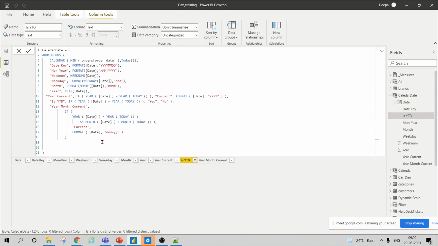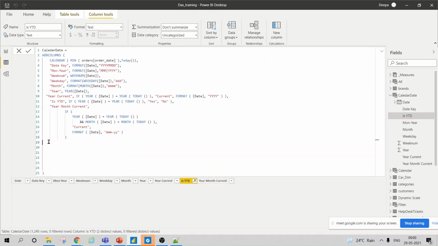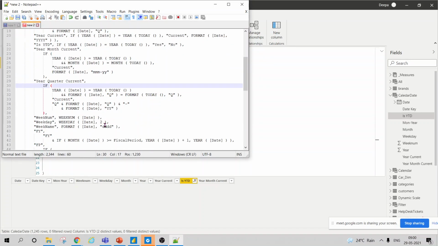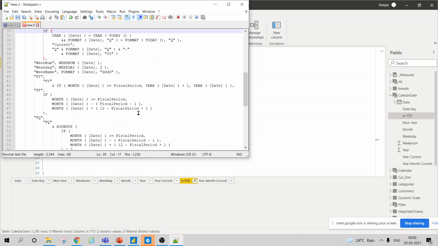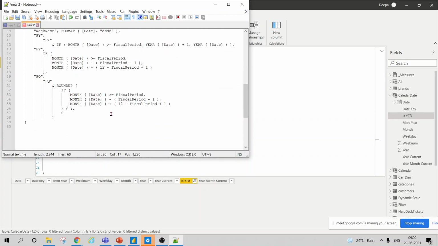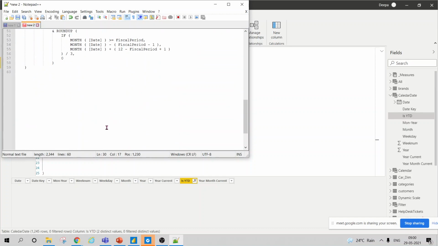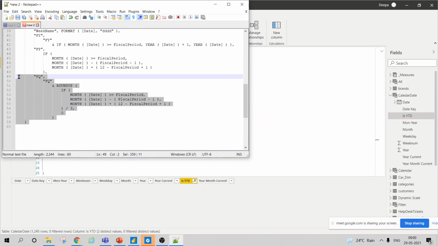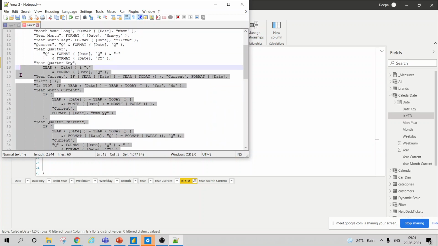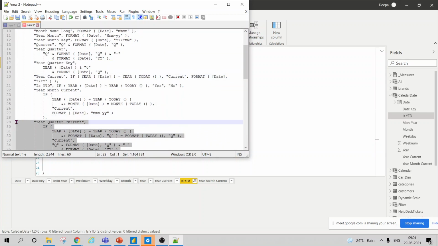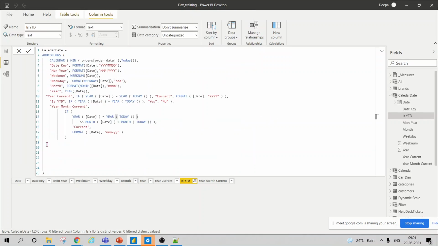Now we'll go to some more functions which are on top of what we have already learned. So you can have week number, and this one. I'll go here as well. What I'll do is copy from here to here to go one by one through all of them.